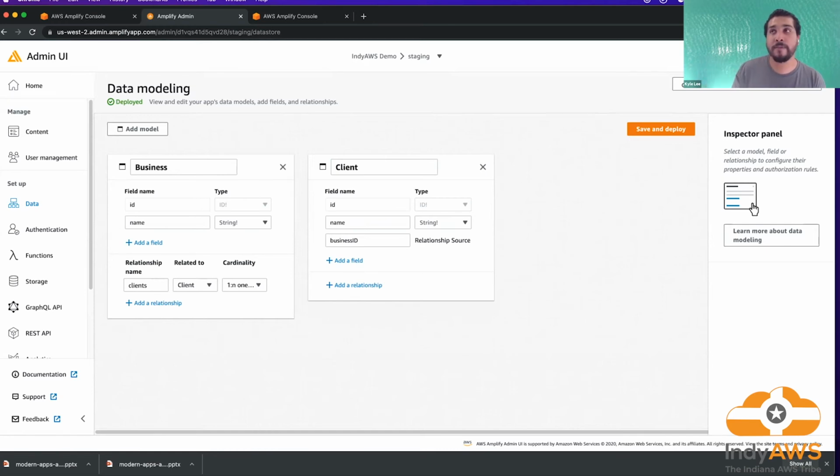Now, Amplify does have some modifications that are set in place in order to keep the synchronization in check. If you have two modifications to the same item or same object, it uses an increment counter, and there's a couple of other fields that are important to DataStore specifically to keep all the sync in check.